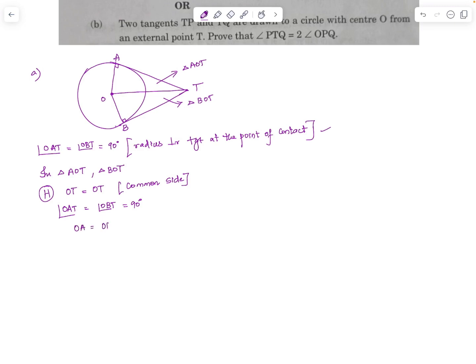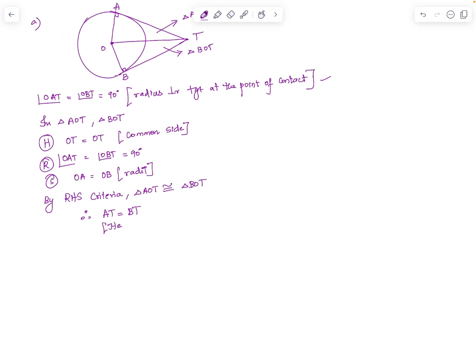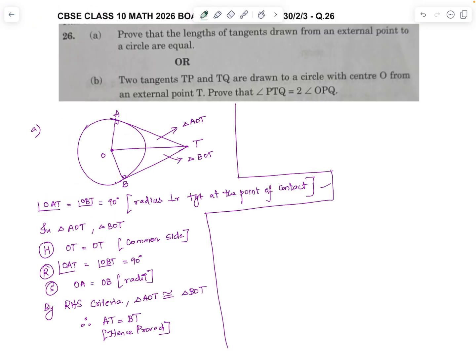OA is equal to OB, both are the radii of the same circle. By RHS criteria, triangle AOT is congruent to triangle BOT. Therefore, AT is equal to BT. So we have proved that the tangents drawn from an external point to a circle are equal in length. Hence, proved. The B part of the question says, two tangents TP and TQ are drawn to a circle with